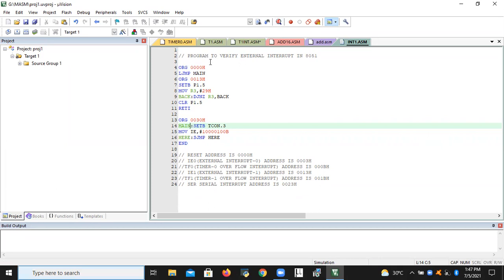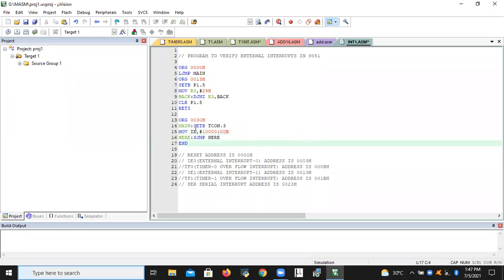Here we are verifying external interrupts in 8051. Here I was verifying the external interrupt 1, right? Operation of the external interrupt 1.